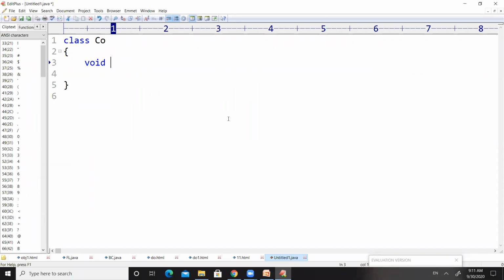So the return type of the method is void here. My method name is m, and it is the body of the method. This method is going to print good morning on the output screen, right?